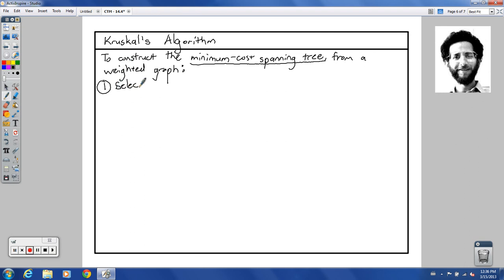So I'm going to have you write this down for me: select the lowest cost edge of the graph. Okay, so that makes sense. We would select a lowest cost edge, and that should be somewhere in the minimum cost spanning tree. And then next you would select,